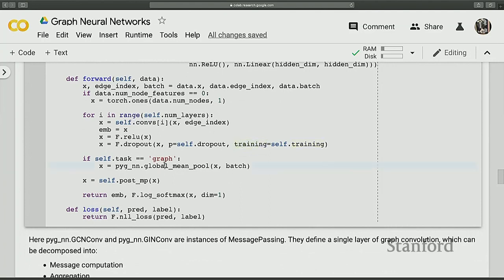And lastly, if this is a graph task, I just mean you are doing graph classification rather than node classification, you need to do a pooling mechanism, which we also discussed. So you need to pool all the nodes in